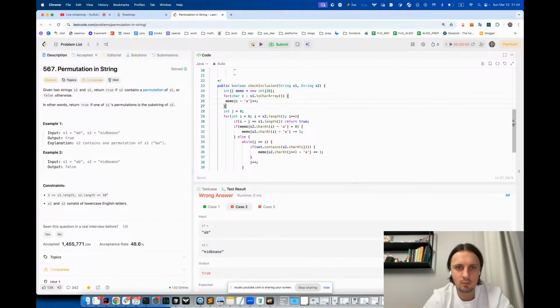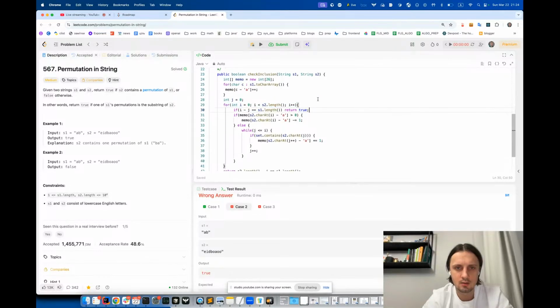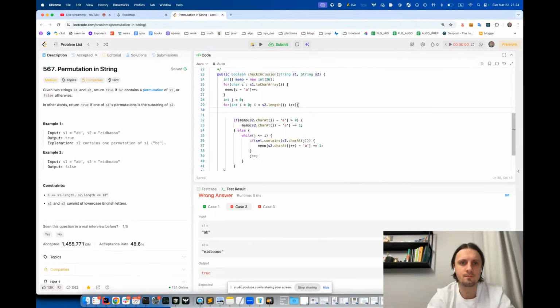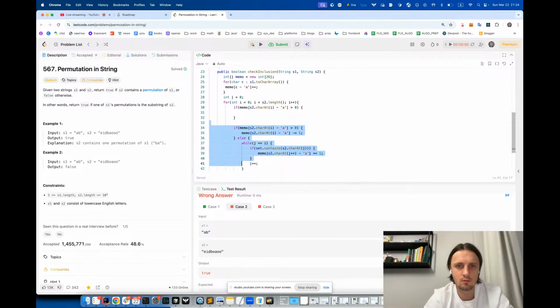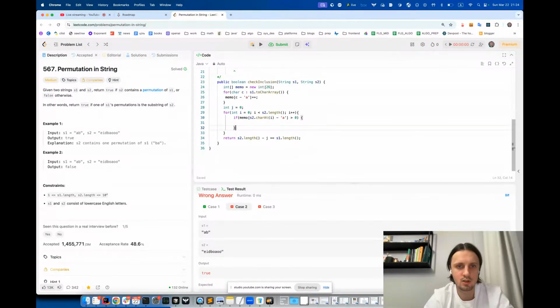We just put in our memo and we have J, and then we go with I, and here we can check if s2 char at I, if memo is greater than 0, what we do, we actually should just check the result. Here we return false, and here we do erase copy